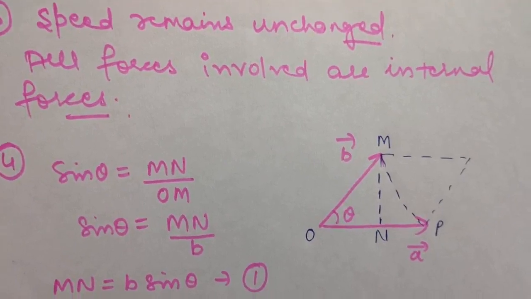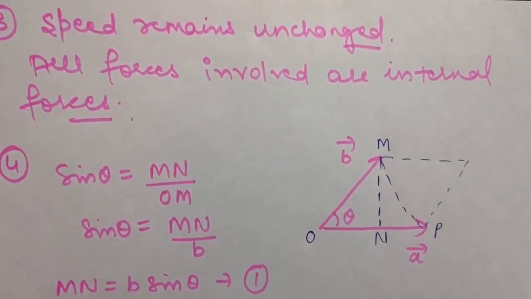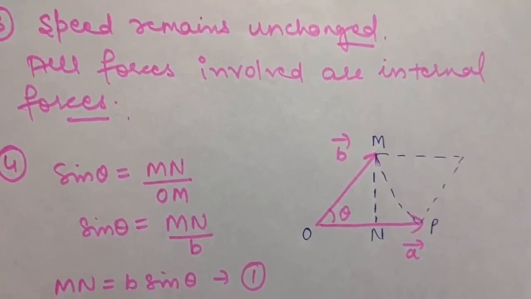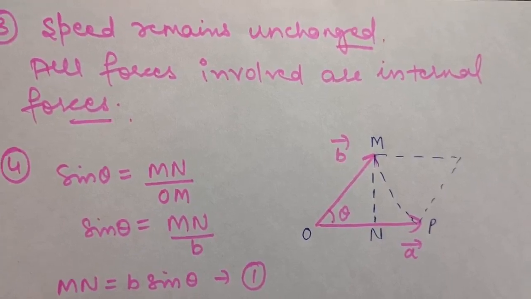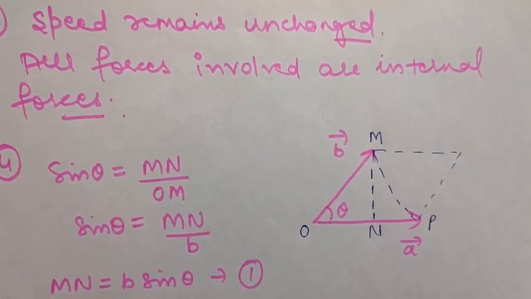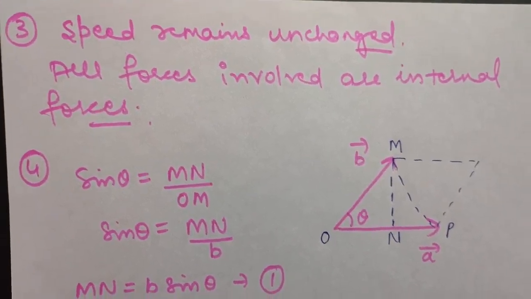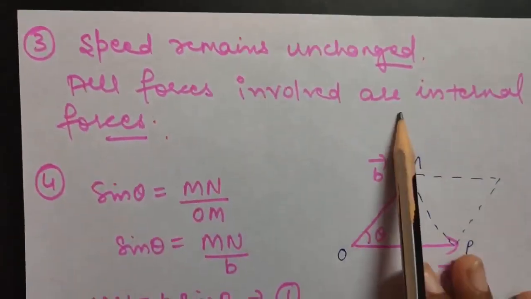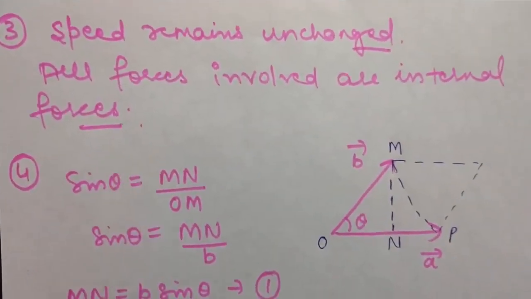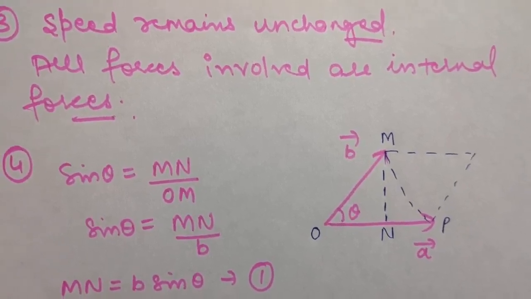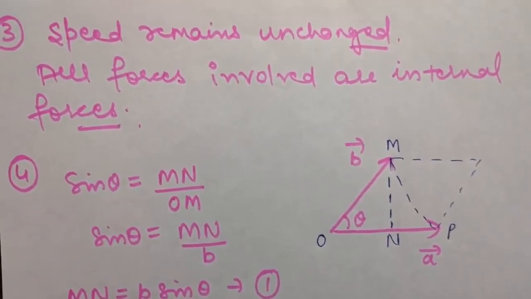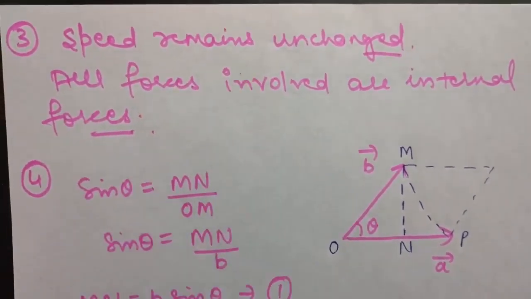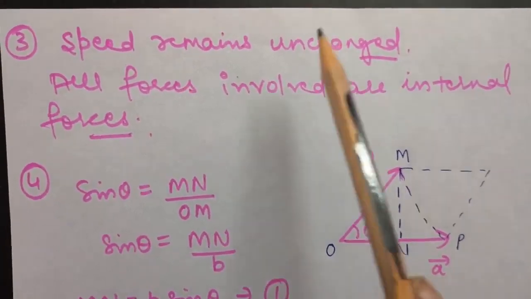The question says, a child sits stationary at one end of a long trolley moving uniformly with speed v on a smooth horizontal floor. If the child gets up and runs about on the trolley in any manner, what is the speed of the center of mass? See, when the child stands up and starts moving, all the forces involved are internal forces, because no external force is applied. And as I have told you, if there is no external force, then there will be no change in the velocity of the center of mass. Therefore, the speed of the center of mass, or you can say velocity, will remain constant.